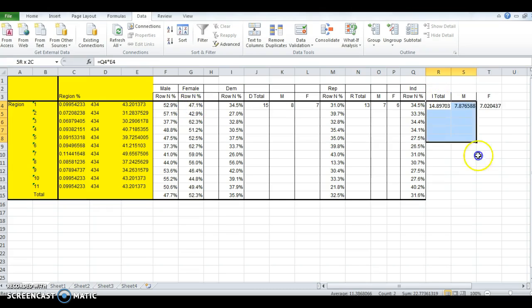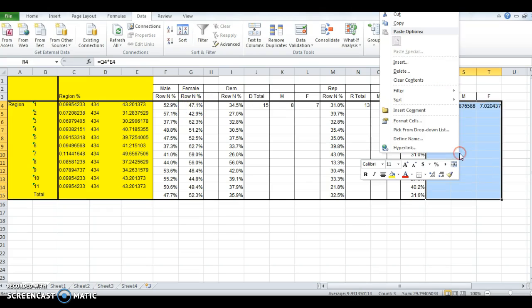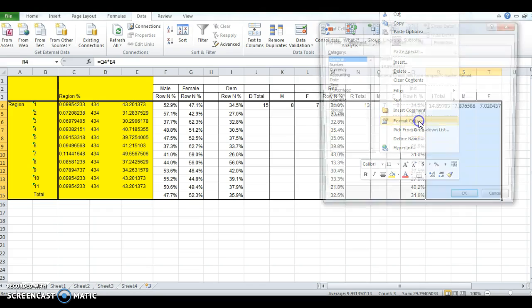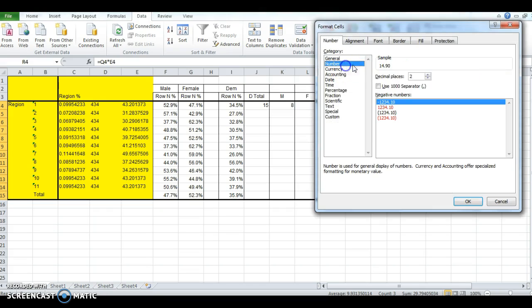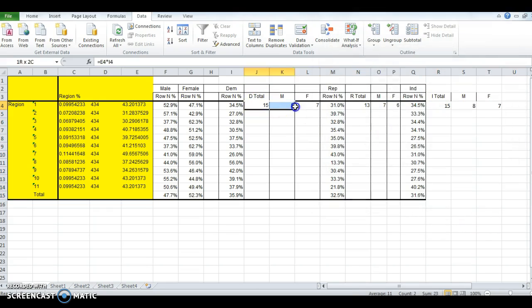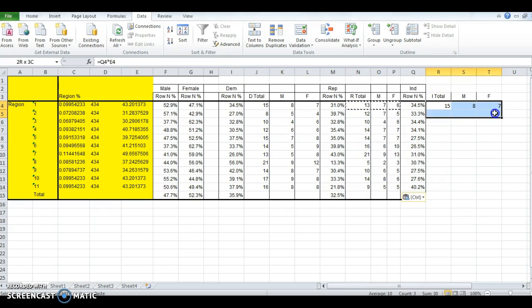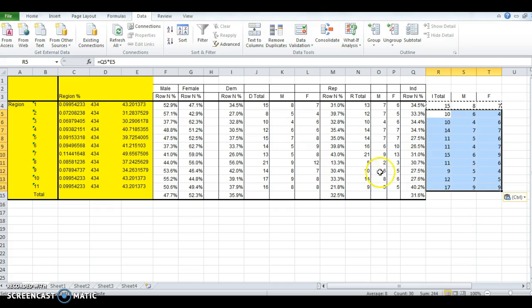But again, as you can see, these numbers have too many decimal points, so we're going to just format our cells, take out our number, and move it down to 0 decimal points. And then we can simply copy these cells and paste them down, and it'll do all the math for you. All of the formulas, as you see up here, just copy themselves down the page, and we know how many in each region we need to be